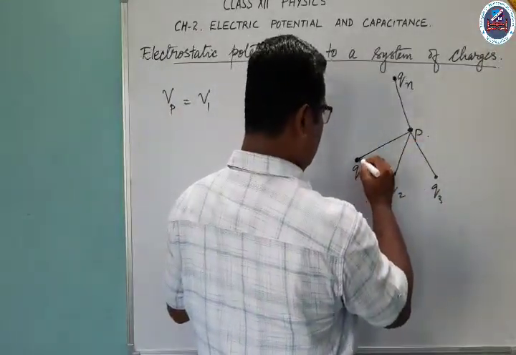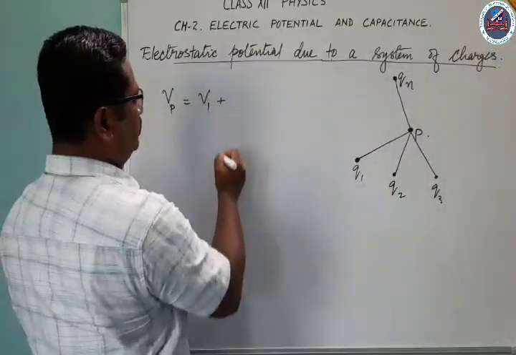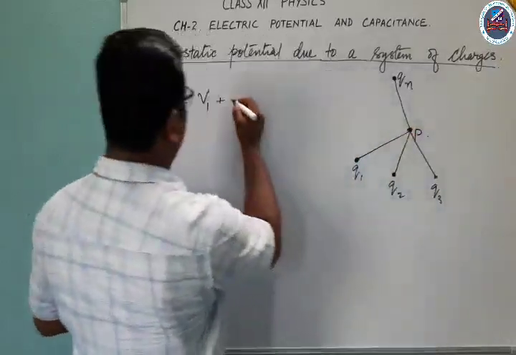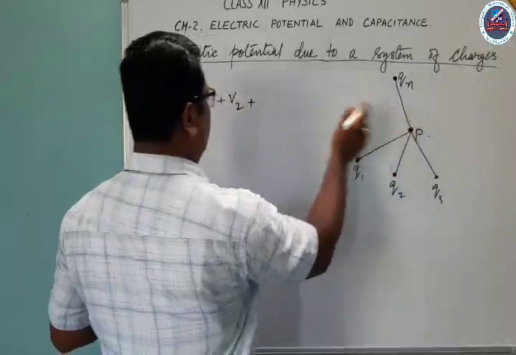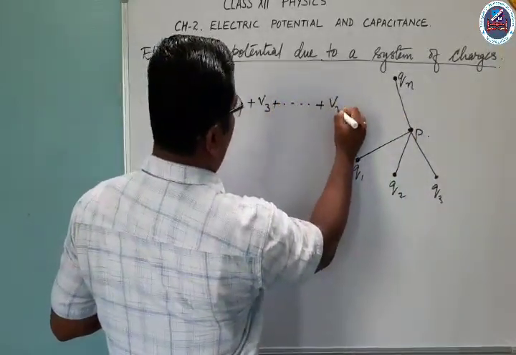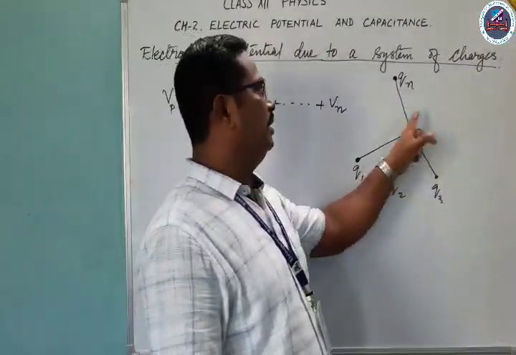Because of Q1 at point P, I'm writing it as V1, plus because of charge Q2 at a point P, let me write it as V2. Because of charge Q3 at a point P, V3, and so on up to Vn. Here Vn indicates the potential at P due to this